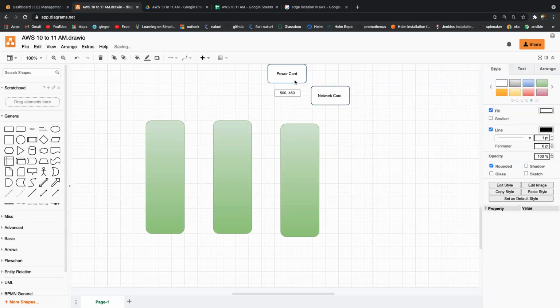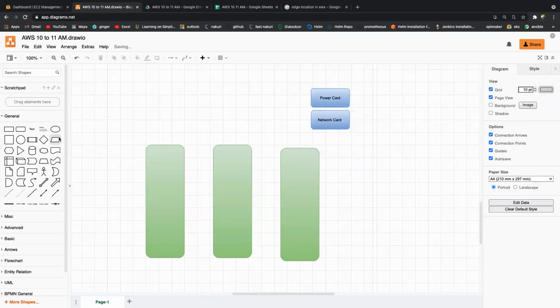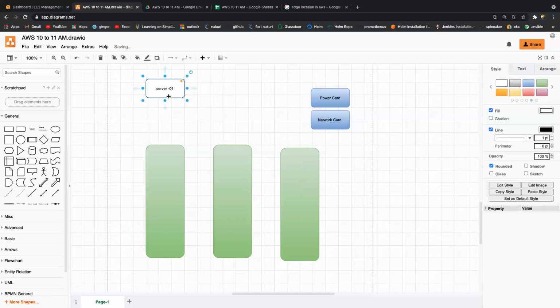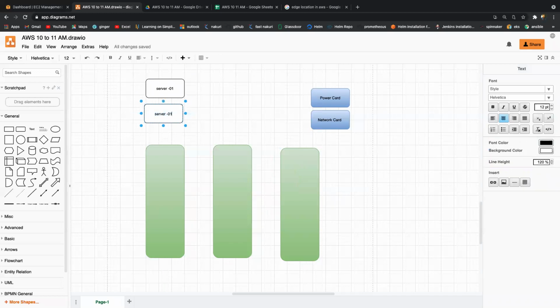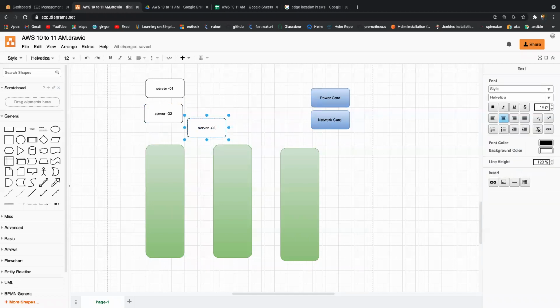When I'm deploying servers, I want to deploy 3 servers. This is server 1, server 2, and one more, the last one, server 3.